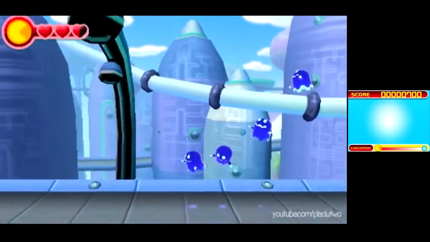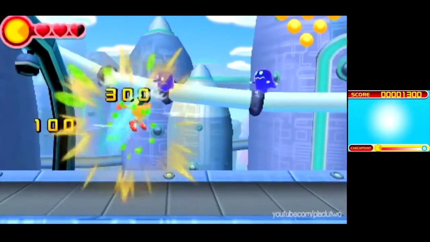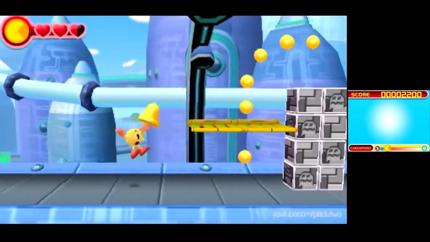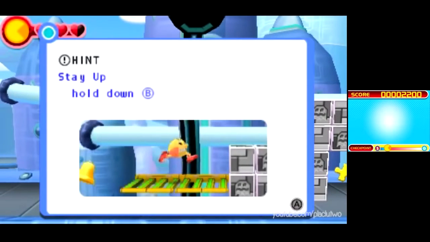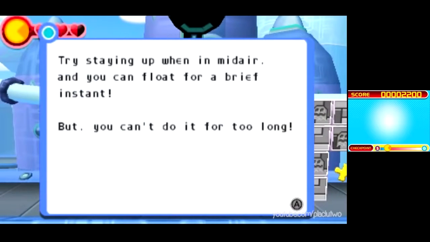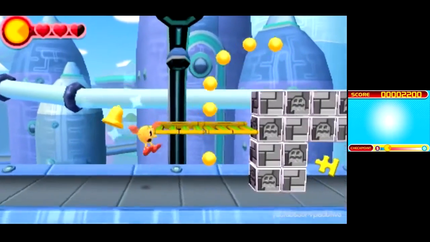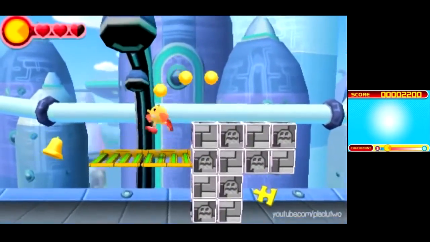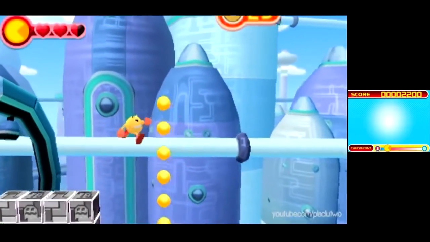Inti Creates were responsible for the 3DS version of Pac-Man and the Ghostly Adventures, which is a 2D platformer with a heavy focus on eating enemies. It's pretty poor, to be honest. It's okay. I bought it on sale on the eShop, and it's a really weirdly bland game, because Inti Creates